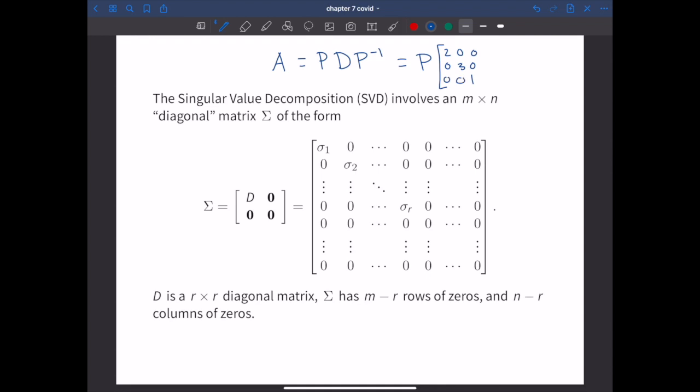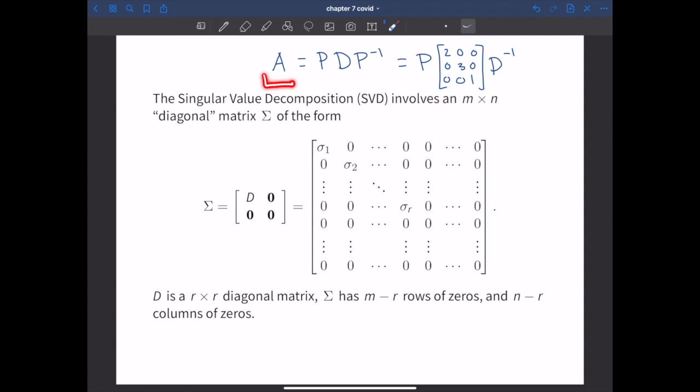Okay, we would look for our P matrix and our D matrix, and we would always want our D matrix to be a diagonal matrix, a square diagonal matrix, okay? And it would always be the same shape, the same size as the matrix A, okay? Now, we're going to basically be doing the same thing, okay? Except the problem